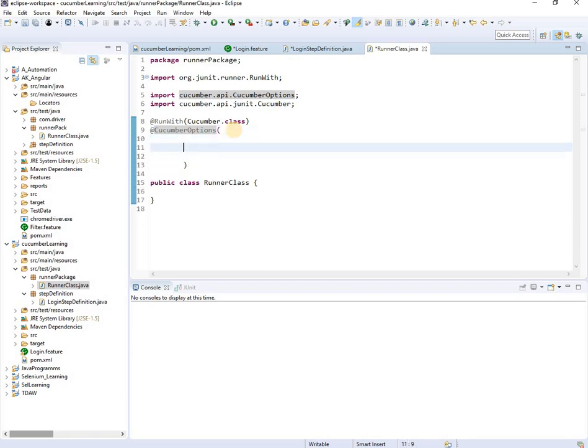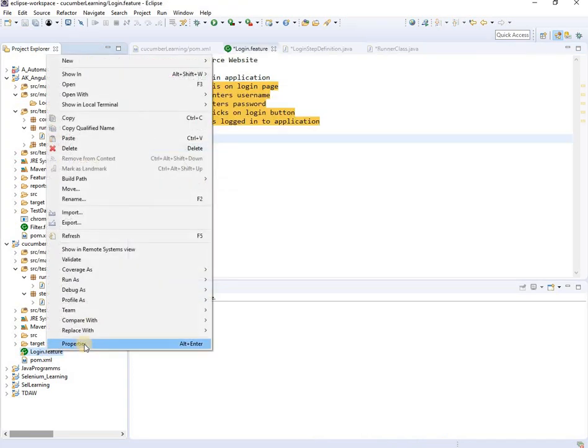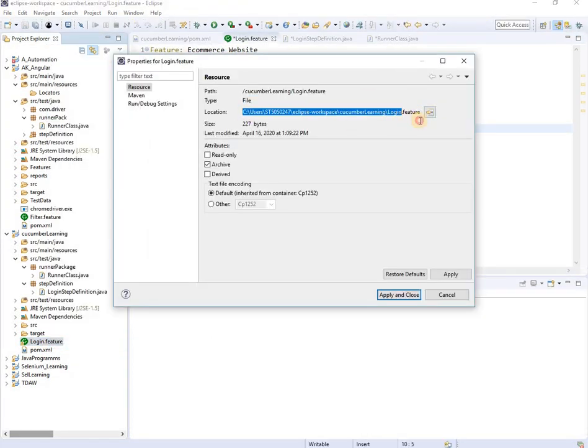Inside that, you have to give the path of the feature file. How to give the path of the feature file? It will be features equals, and you have to give the path, because there could be multiple features. So we can give features in double quotes. Inside this you have to give the path of your feature file.